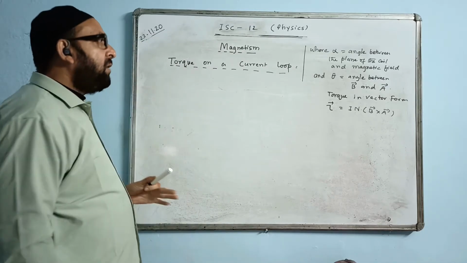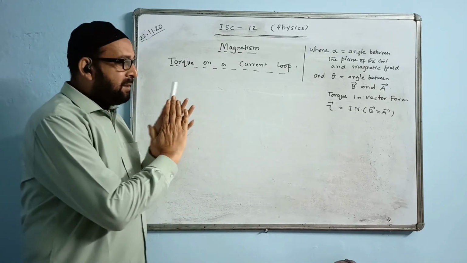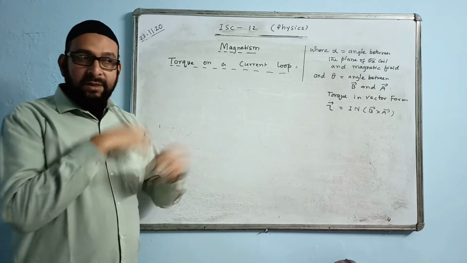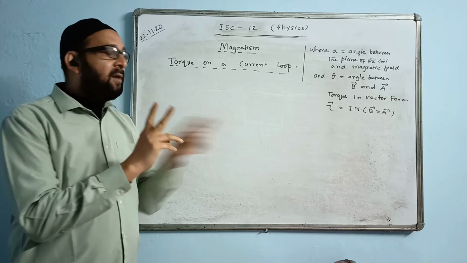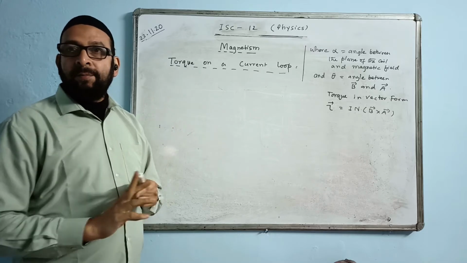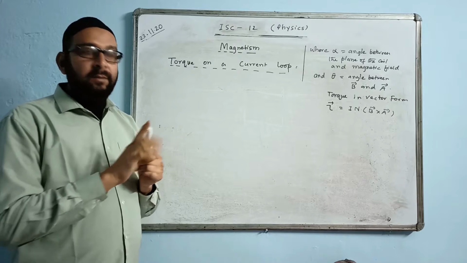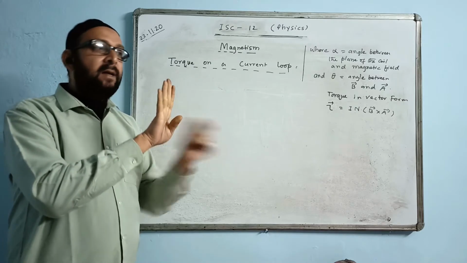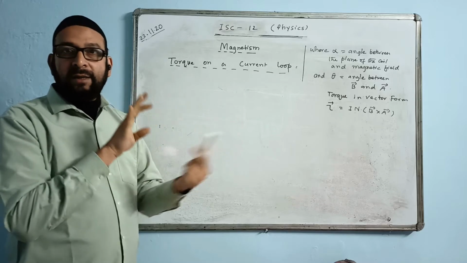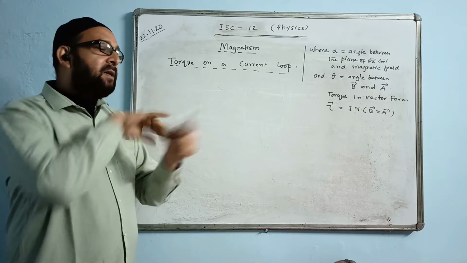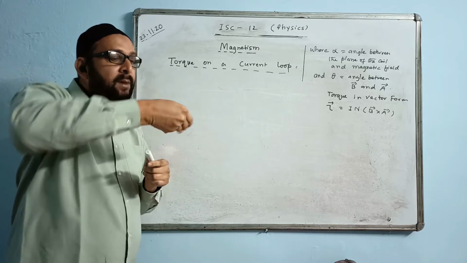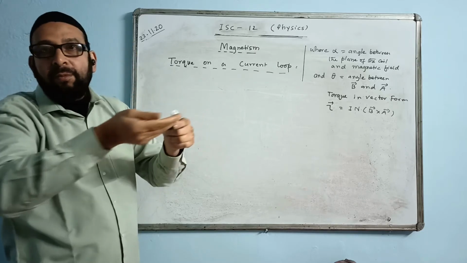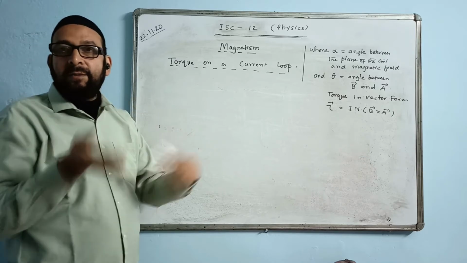When the coil is kept like this and is turning, the speed of rotation is not constant. It keeps changing because the value of alpha, or theta, keeps changing. It starts from maximum, when it is perpendicular it becomes minimum, that is 0, again it becomes maximum, again 0, like that. But due to inertia it continuously moves. The speed of rotation will not be constant: it will be maximum first, then slow down, again pick up speed, again slow down, and keep on happening like that.